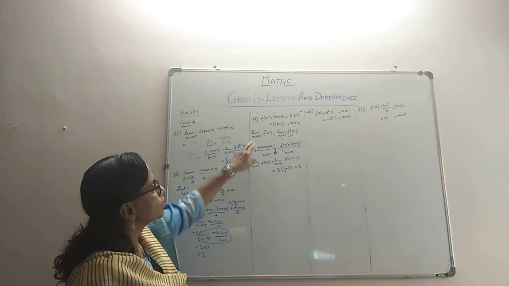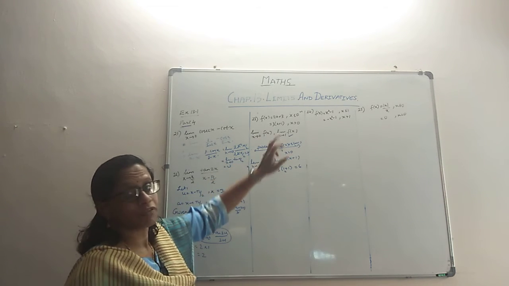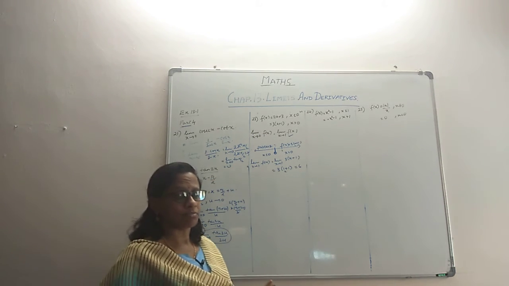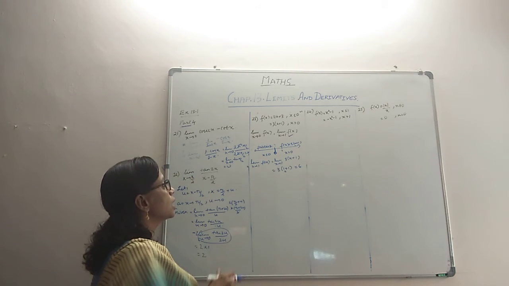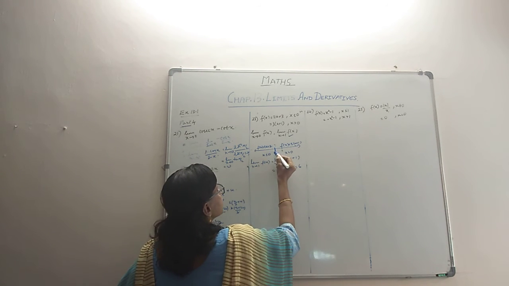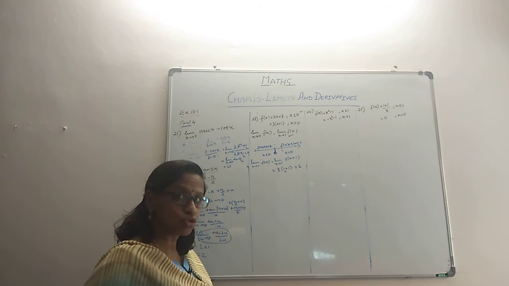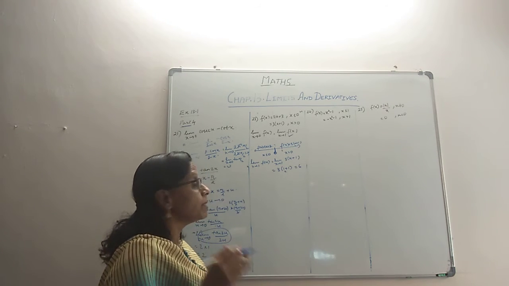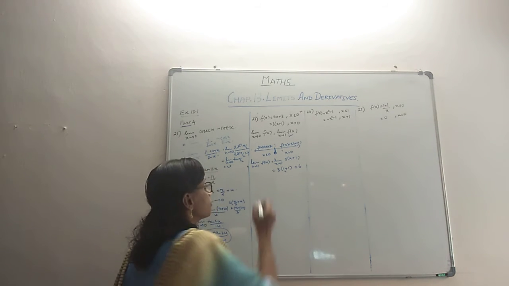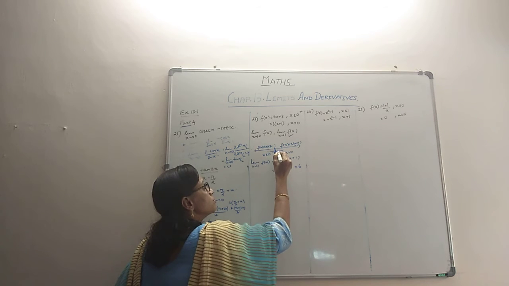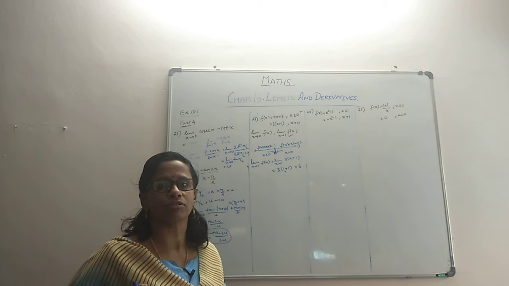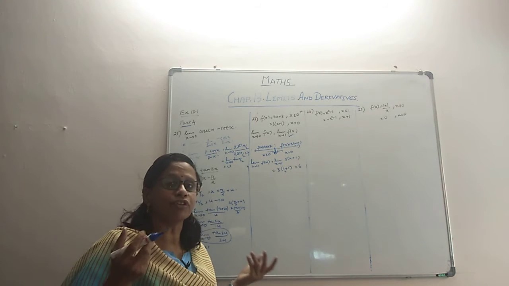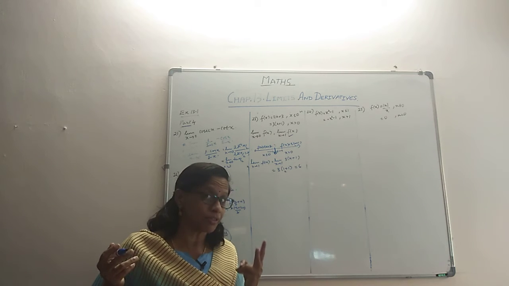Now, when we are doing this limit as x tends to 0 of f of x, here we are learning a new concept. What's the new concept? They are asking us to find the limit as x tends to 0. x tends to 0 means very close to 0, but not 0. But very close to 0 from which side? From this side also it is correct, from this side also it's correct. Both are tending to 0, correct? And we are confused which definition to use, because we've got two definitions.